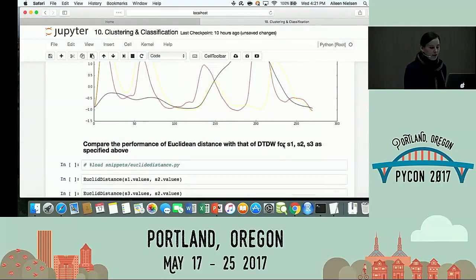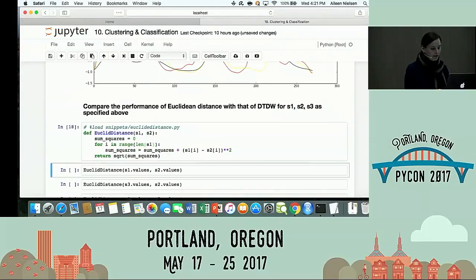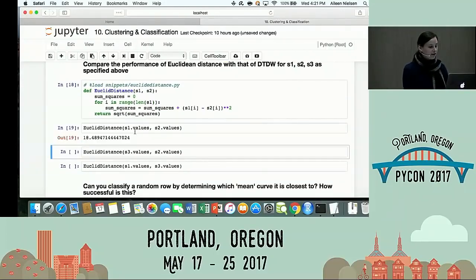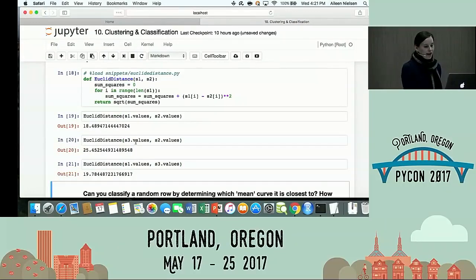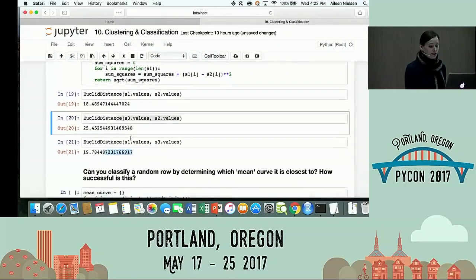Okay. On the other hand, if we look at the Euclidean distance, which I won't make you code up, there would be our Euclidean distance. If we compare the values here, so S1 to S2, right? Those are the two that are similar, versus S3 to S2 and S1 to S3. Well, S3 to S2, those are supposed to be far apart, and the Euclidean distance makes them far apart, but S1 to S3 is almost comparable to S1 to S2. And here's another example of why the Euclidean distance failed. So this I truly generated randomly. I wasn't even sure that it would fail when I first put this example in, but it does. So that example in my slide is not necessarily all that artificial. Euclidean distance will often lead you in the wrong direction.